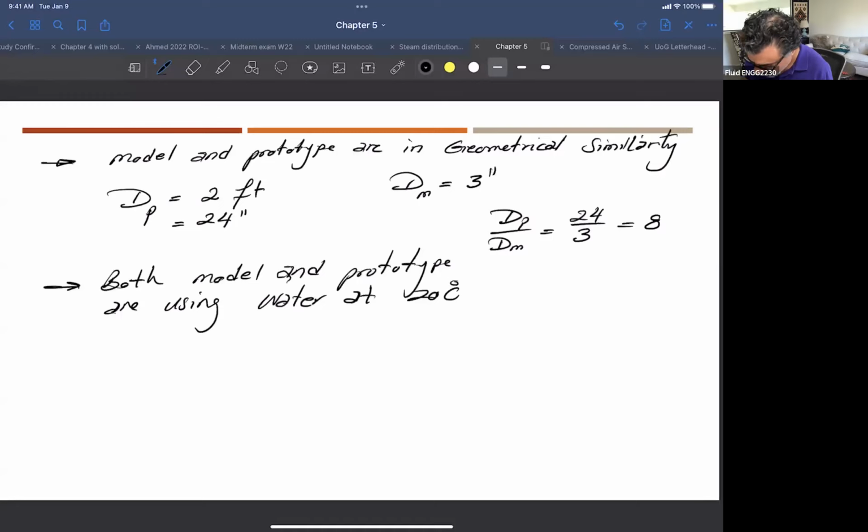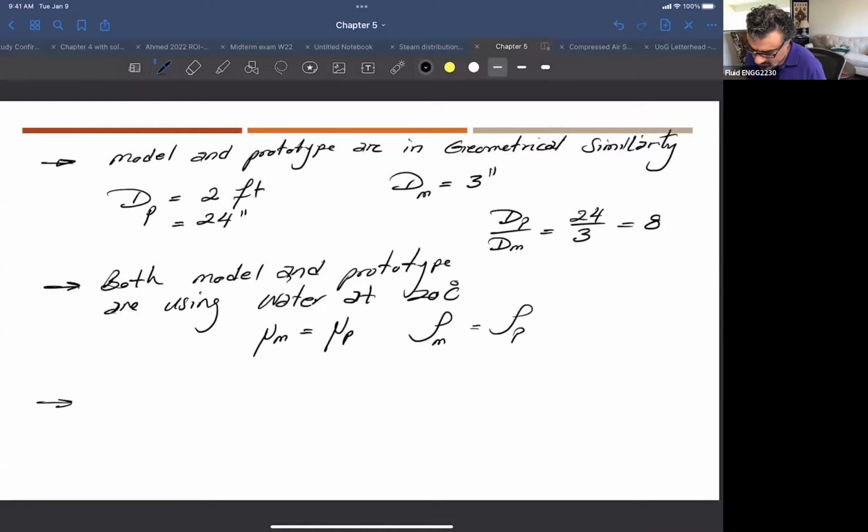Viscosity, right? So mu of the model equals mu of the prototype. Rho of the model equals rho of the prototype, right? Which means that the fluid here and the fluid there are the same, right? Okay. Now for,